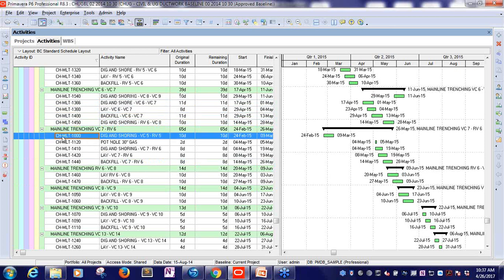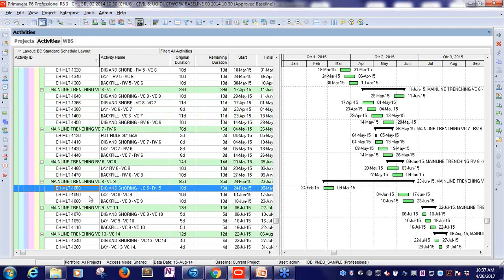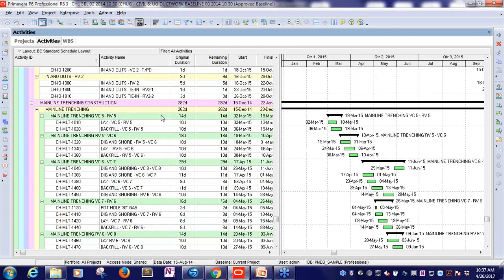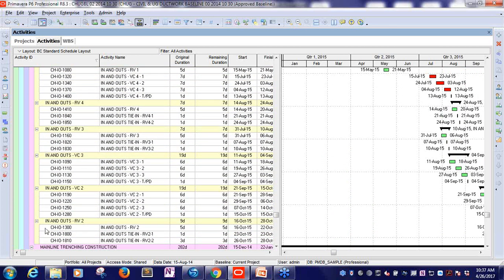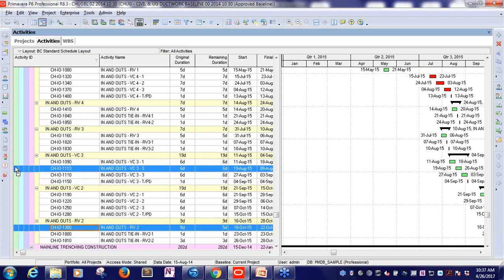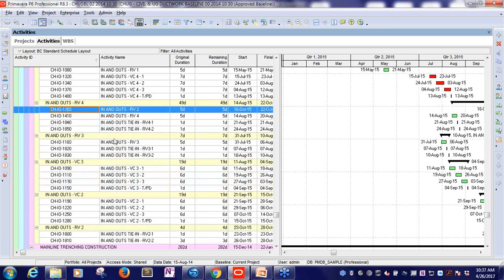The thing with the drag that seems to be key is I can click and hold down, and then I have to kind of come over the left side in my group and sort. And you can see my cursor now looks like it has a little piece of paper attached to it. That lets me know it has the activity, and now I can drag and drop. So depending on how far you need to go, dragging and dropping, if I have to scroll, can be more difficult. But if I needed to drag just one activity and say just take it up a few lines, or I can see it in the view, drag and drop is probably going to be the easiest way to go